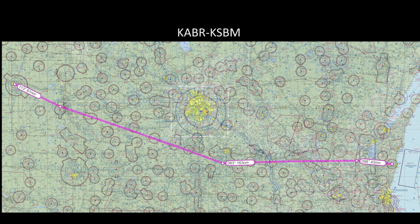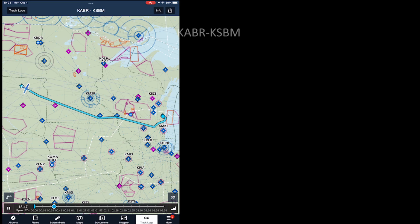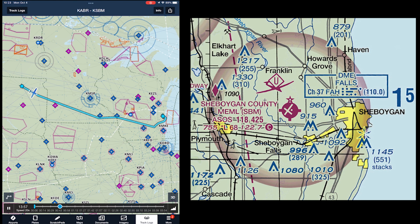Now that I'm home from my coast-to-coast flight in the Bonanza, I'm reviewing video from the flight, and I thought you might enjoy a closer look at one of the IFR legs, from Aberdeen, South Dakota to Sheboygan, Wisconsin. I planned a mostly direct route, with one dogleg southeast after takeoff to establish a course south of the Minneapolis Class Bravo airspace. The pre-flight briefing showed an area of thunderstorms moving toward Sheboygan,